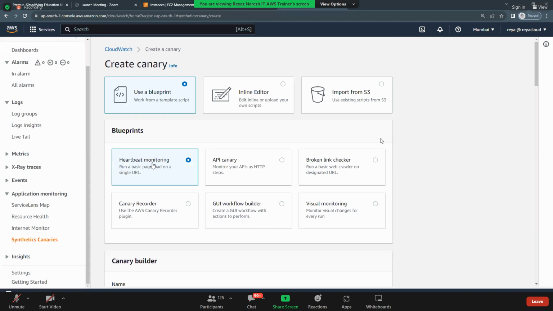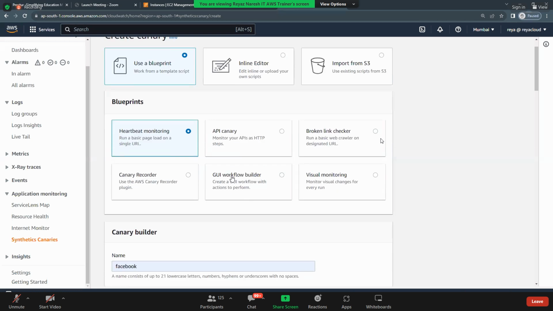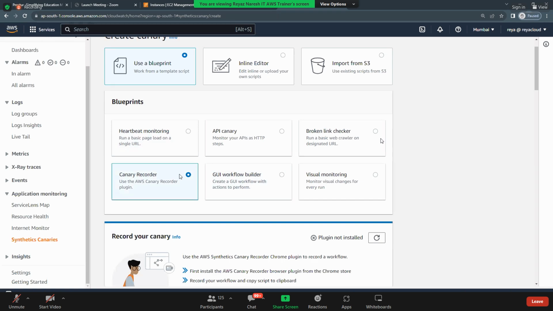Facebook is open, but you see a username and password, no? Is it possible to monitor that login method? The login method we cannot monitor generally. But using the GUI workflow builder or canary recorder here. What is this called? You don't need to use it. I'm just giving extra information for you guys. Okay, canary recorder meaning